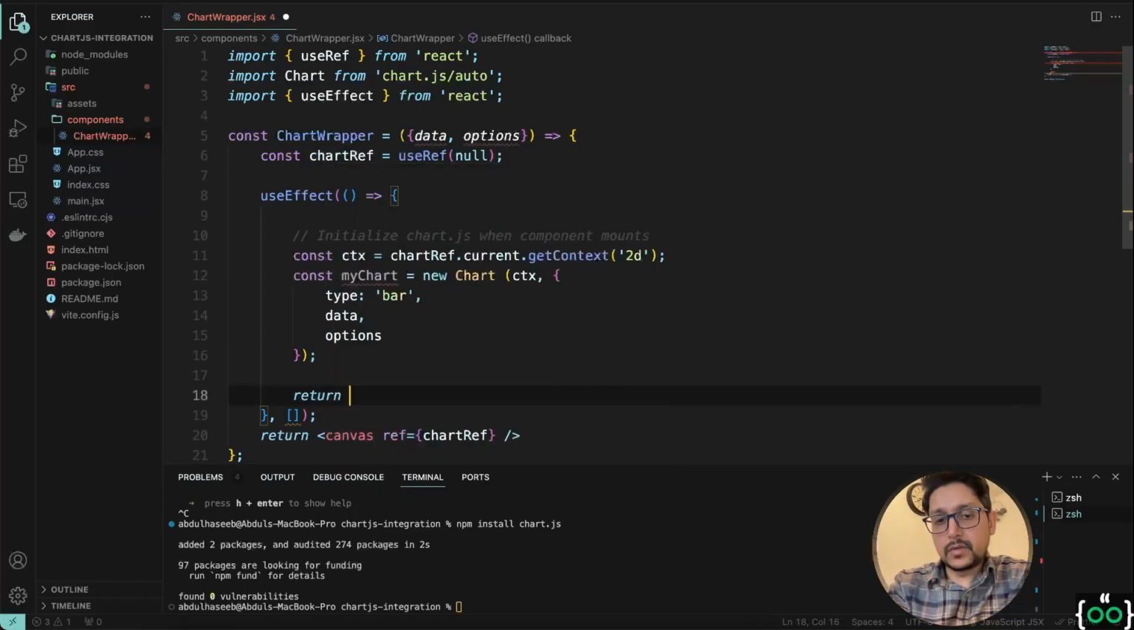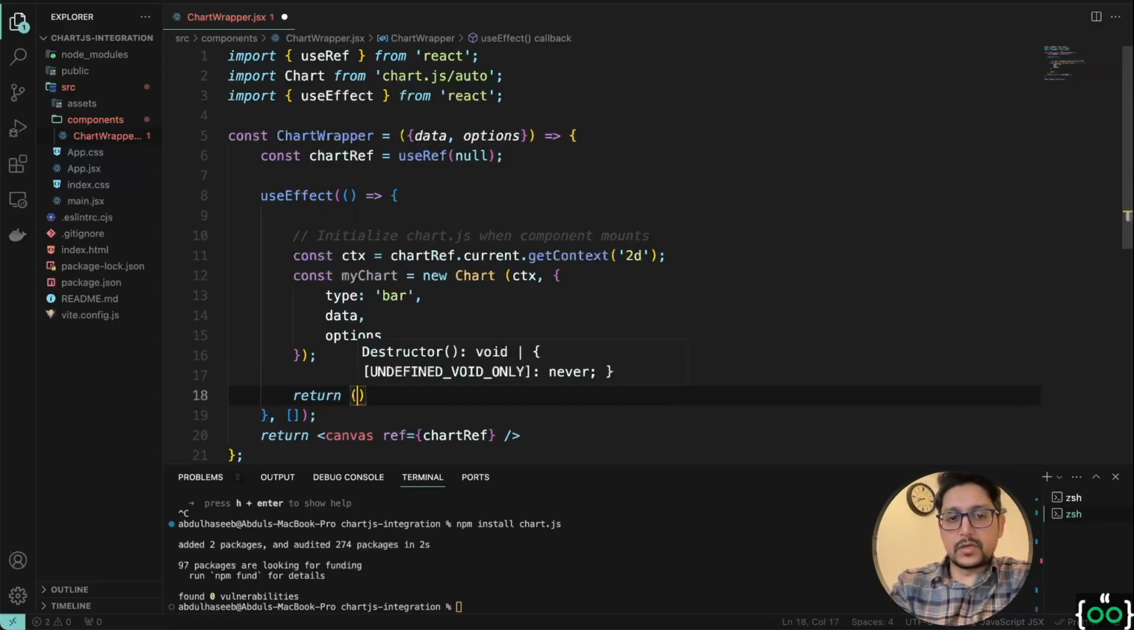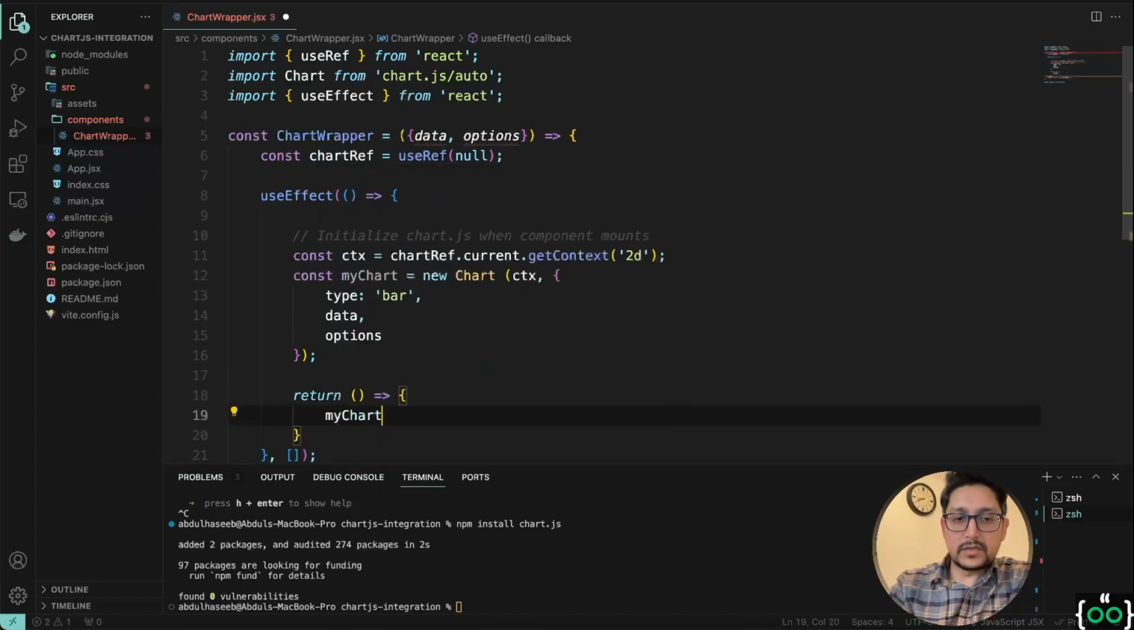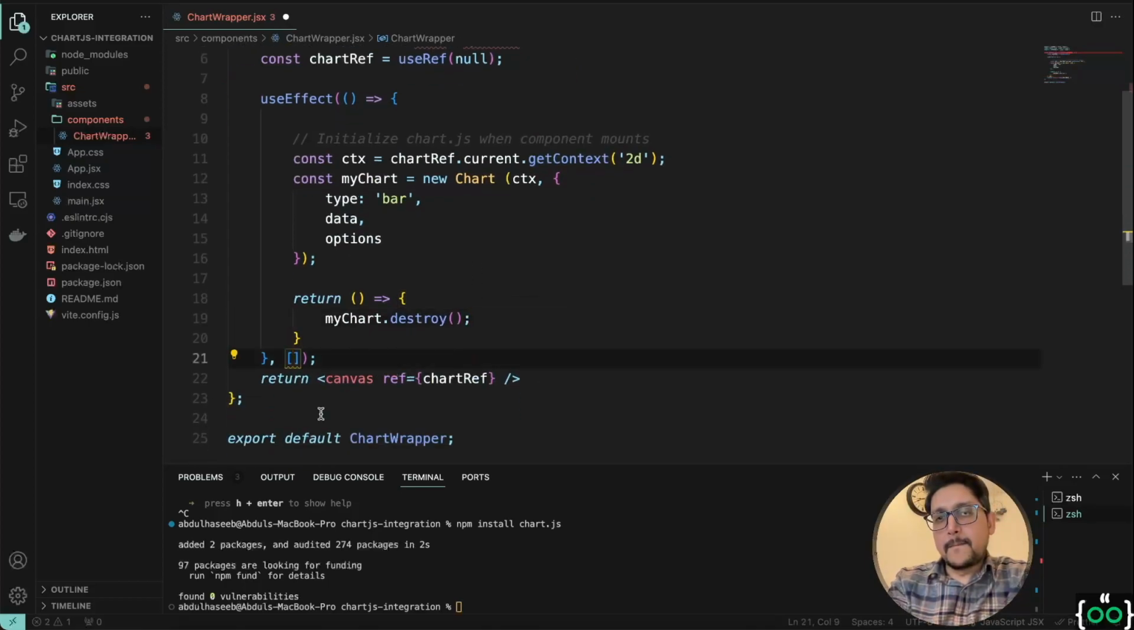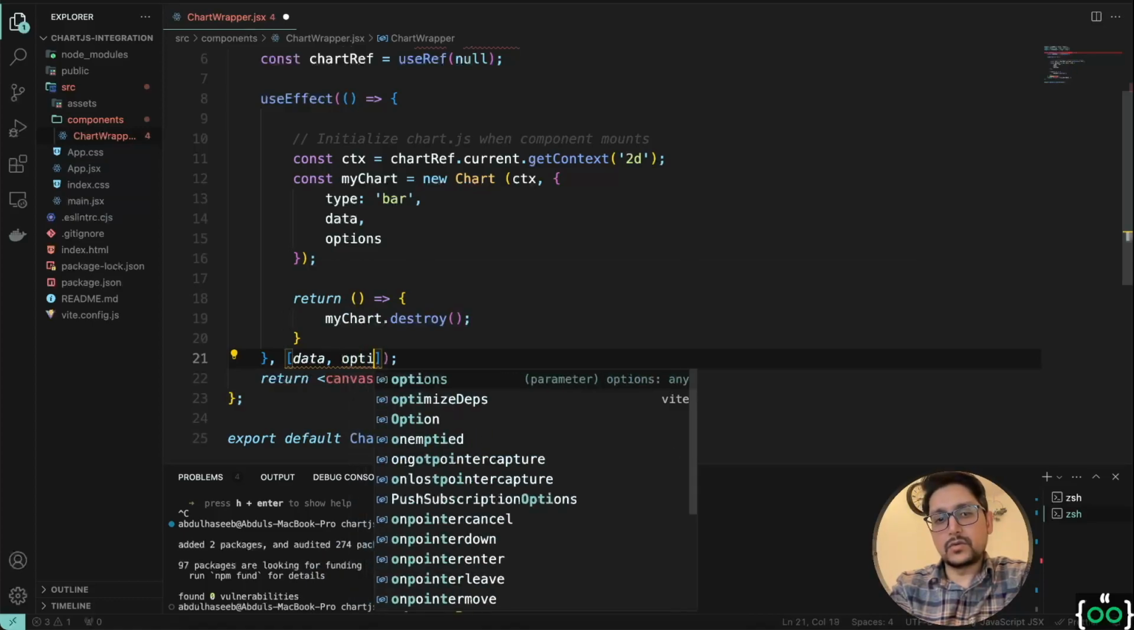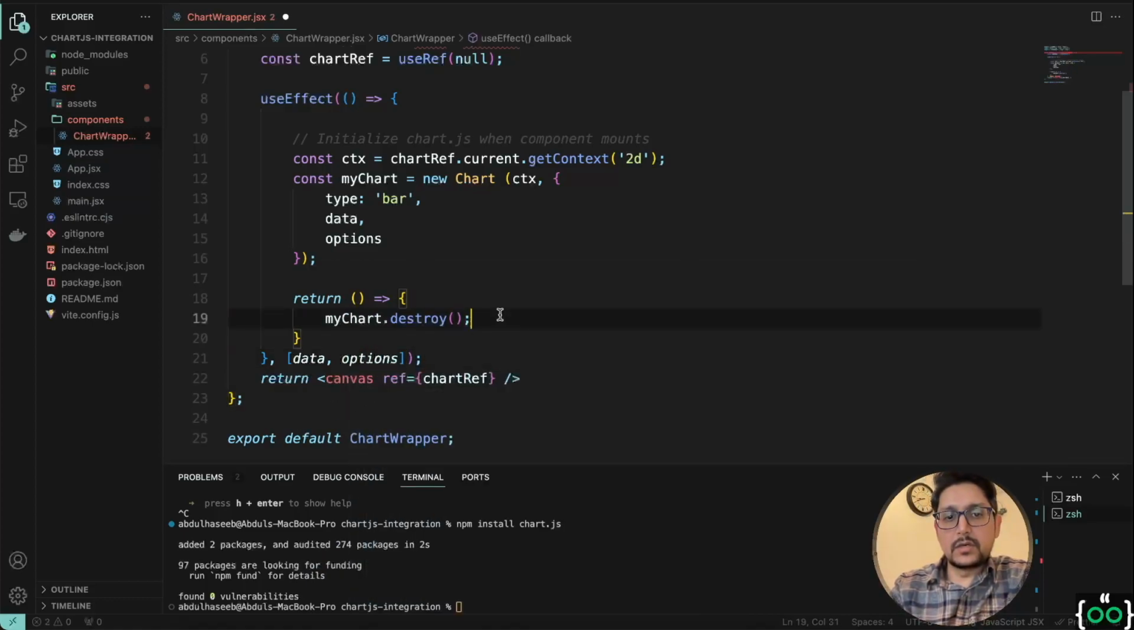By the way, we also need to do unmounting as well. This is important, especially when we have this external library code. So we will just do myChart.destroy. You can check these functions in the Chart.js documentation as well. So you'll be able to know how you will destroy the chart. One more thing, we don't just want it when the component mounts, but we also want to reload or reinitialize the chart whenever data changes or the options settings are changed. So I think that our chart wrapper class is ready,